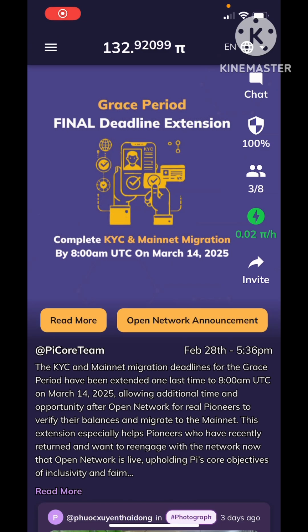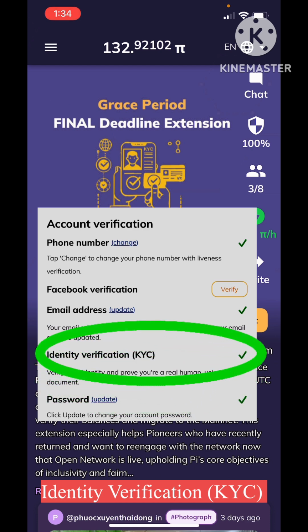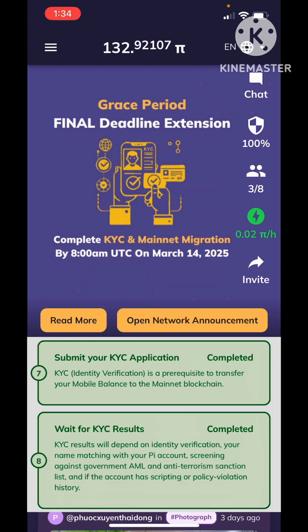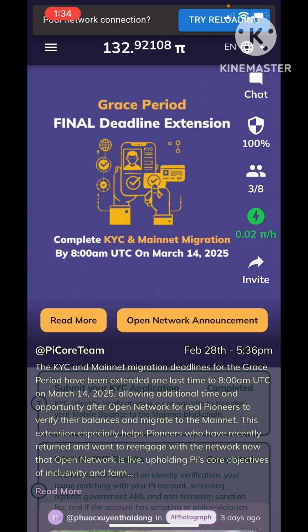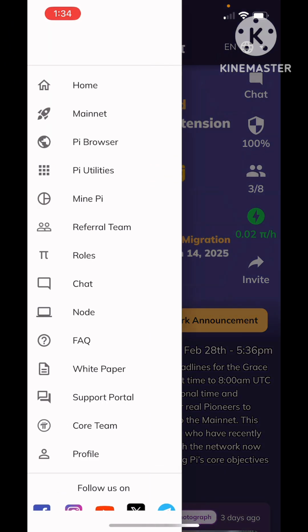So today we'll be going through how to get your Pi verified. That is what we term as KYC. Without KYC, your mining cannot be converted to money, or the monetary value of your Pi is useless. So it's very important. And when you check the menu, the three horizontal lines at the top left corner, you